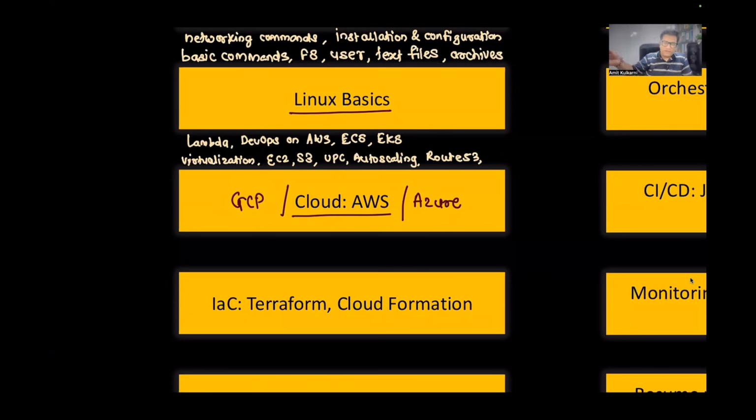So when we are done with Kubernetes, we'll come on AWS and we'll create EKS, and we'll come here on GCP and we'll create something called GKE, and we'll come here and it's called AKS, Azure Kubernetes Service. That's important. So that's the reason I'll show you a few services on all three, like EC2 on AWS, virtual machine on GCP, and virtual machine on Azure. So similarly, EKS on AWS, GKE on GCP, and AKS on Azure, right?